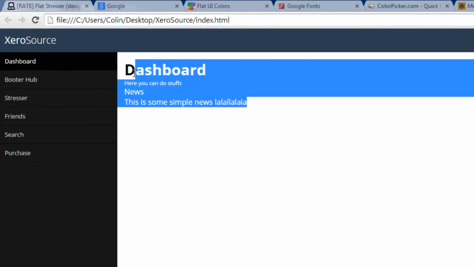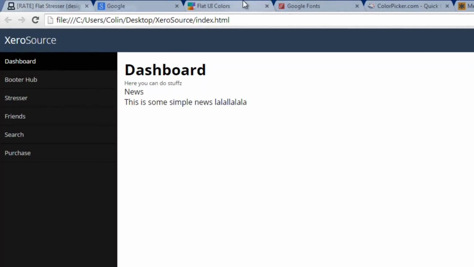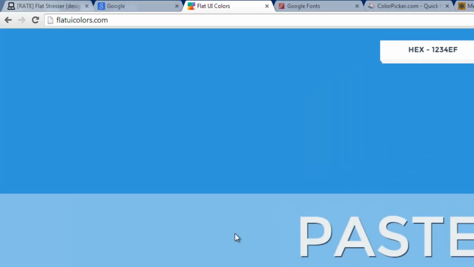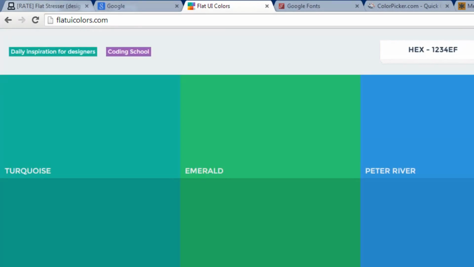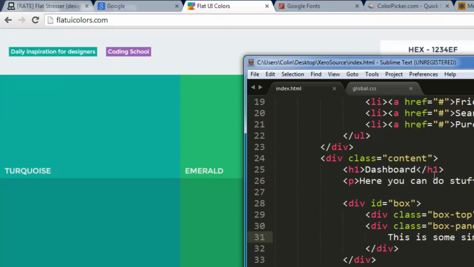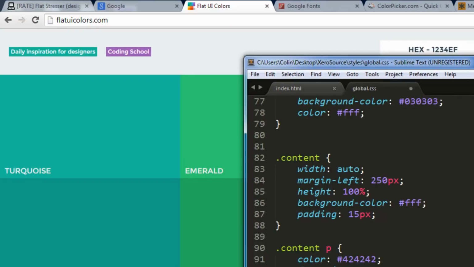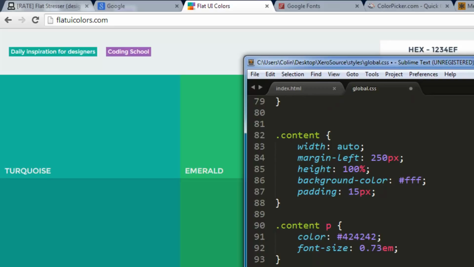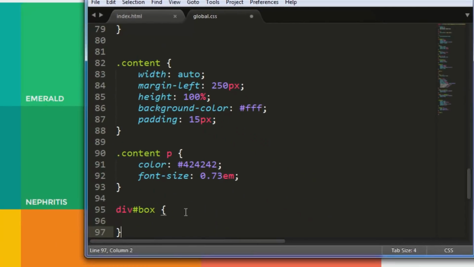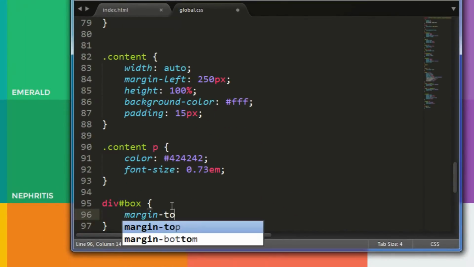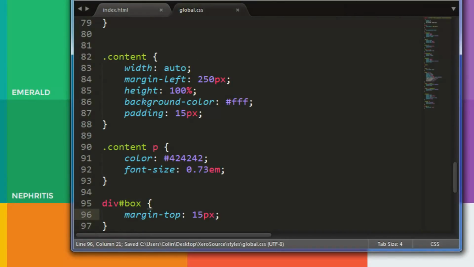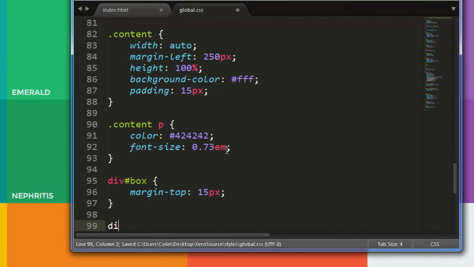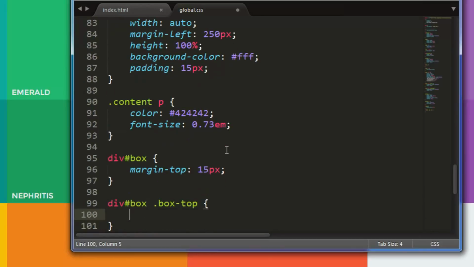You can't really see the effects I'm trying to go for with this, but we'll see in a second. Let's go with Billy's hole, where this is. Beliefy hole, I'd call that. A bit weird, but yeah. That's the colour we're going to go for, but for the box header, so that's why I copied that just there. So div box, the width's always going to be auto, and let's shift it down, so margin top 15 pixels, and then do div box top, and make the colour of that a nice light white,